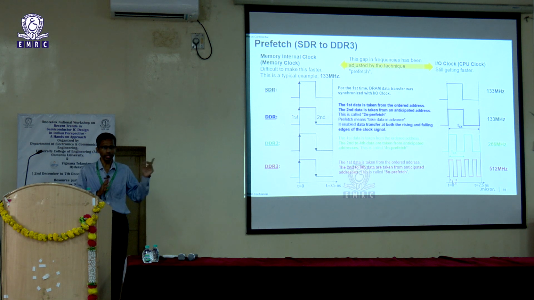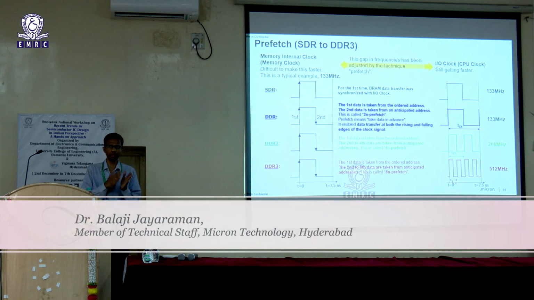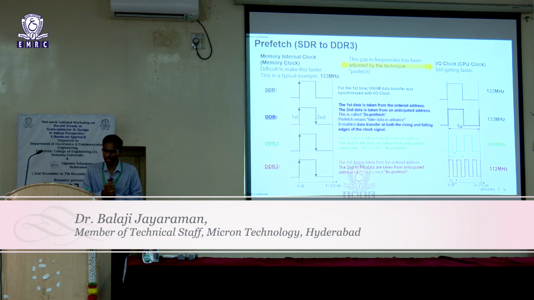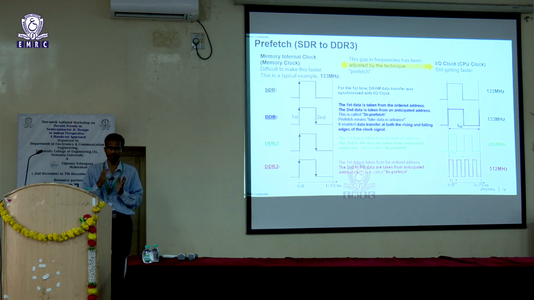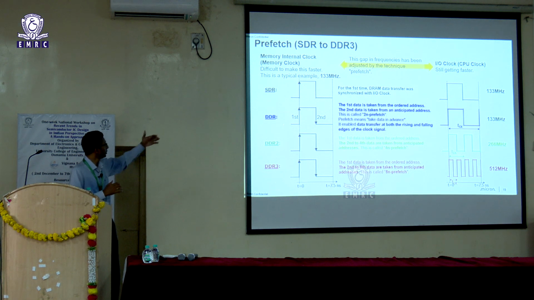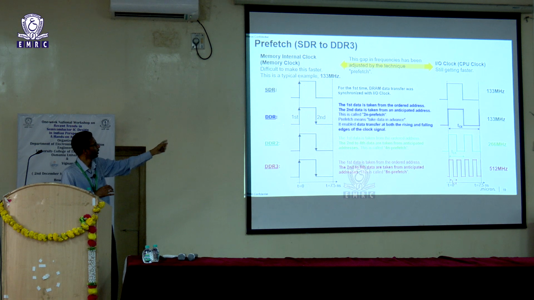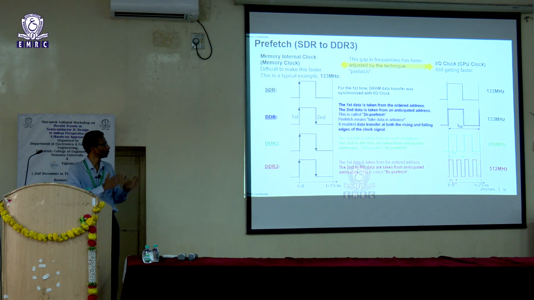So earlier I talked about double data rate, wherein you have data coming out at every edge, right. So what if we extend this concept? Can we have more data come out for every edge so as to increase the bandwidth? So that's the thought process here. So we started off at single data rate. So that's the clock period, and the DRAM internal clock is also the same.